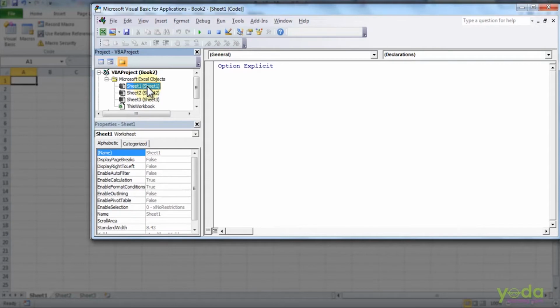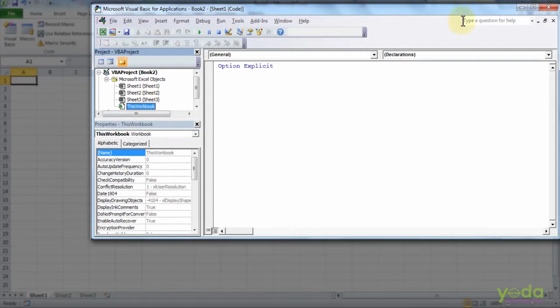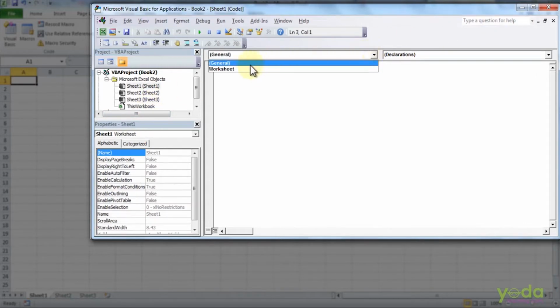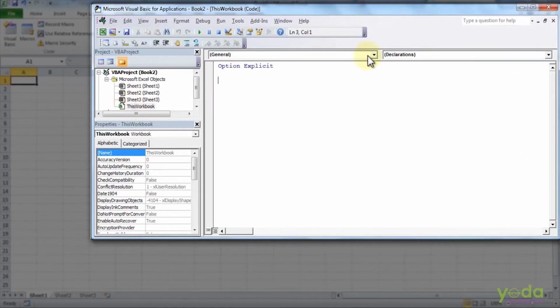So if I want to create it for a sheet, I need to go to Sheet1. If I want to create it for this workbook, I will create it in ThisWorkbook here. So I'll select the workbook. On the left hand side, you need to select the workbook option from the drop down menu.